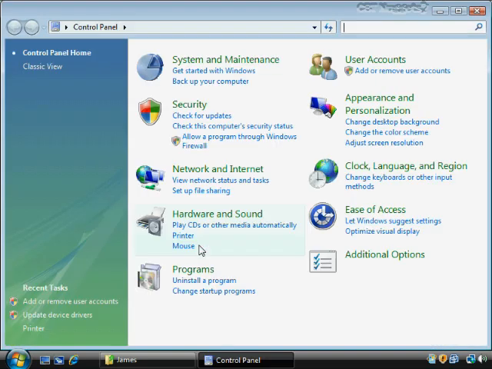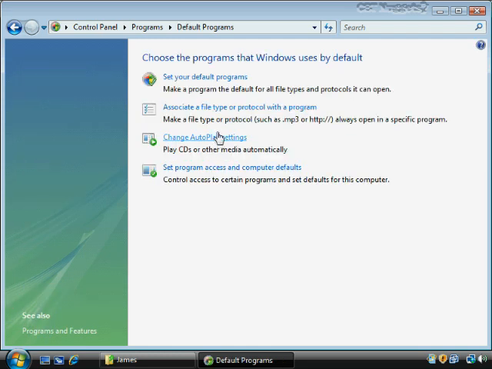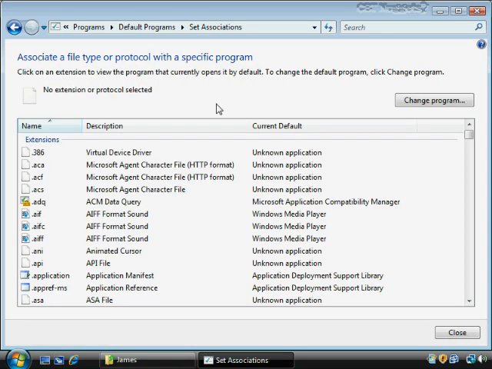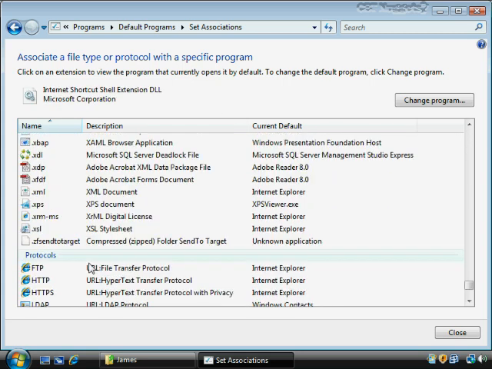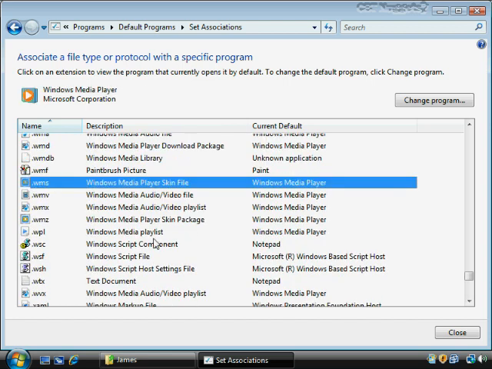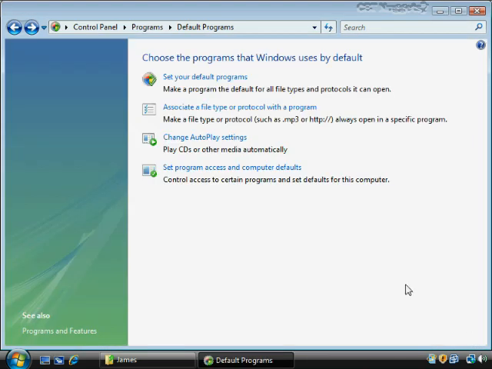Alternatively, I could go to Control Panel here, and then go to Programs, and then over here to Default Programs, or make a file type always open in a specific program. That would kind of be a shortcut, but I'll go the long way for the time being. And then this is the same thing. The verbiage is different, but it actually does the same thing. Associate a file type or program with a program, okay? So I'll select that item, and then I might say, every time we open txt or something like that, or actually just whatever. Every time I see this file here, I want it to open in a different program, and I would change program, and then browse for whatever it was that I wanted, and I'd have to find the executable or whatever worked with that specific program.